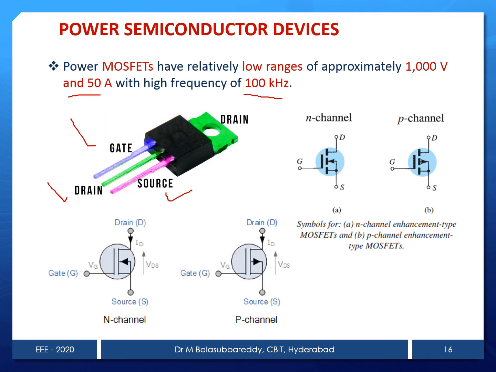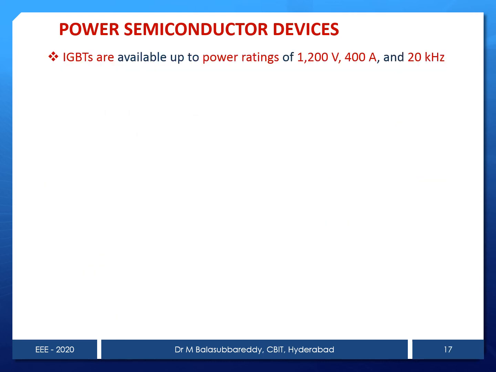This we can observe in detail in the first unit. What we are covering is the construction of MOSFET, P-type MOSFET or N-type MOSFET, or enhancement type or depletion type. So these are the different types of MOSFET we can come across. So another one is IGBTs.